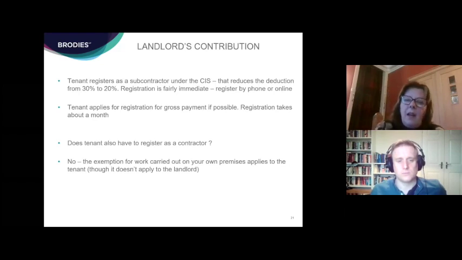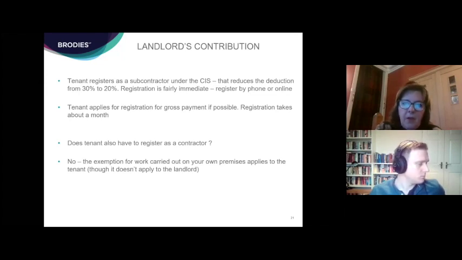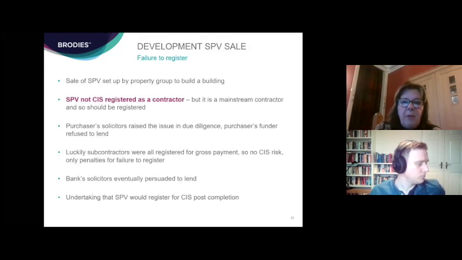In this example, actually, we did get the tenant to apply for registration for gross payment, and it only took about a month to get that through. So at the end of the day, in that particular example, all the payments could be made gross, which was good. Moving on to the other example, this is one we come across quite often, where there's an SPV